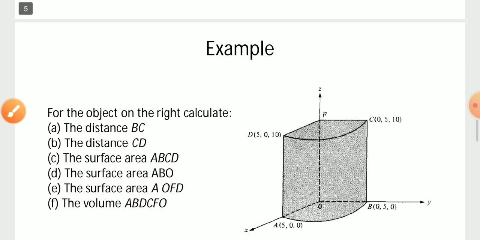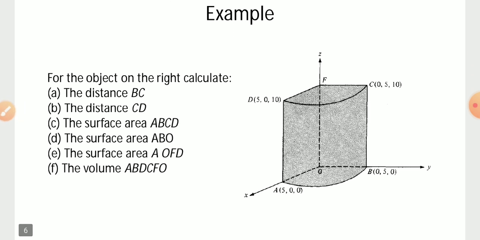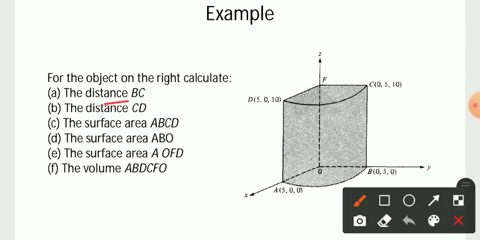Now this is an example, and you can also calculate it. This is one kind of home task; you can try it yourself, by which you will also understand the way to do this. I am just giving you tips so that it is easy to understand. Also calculate this example. The question is to calculate the distance between B and C. So B and C is this point.